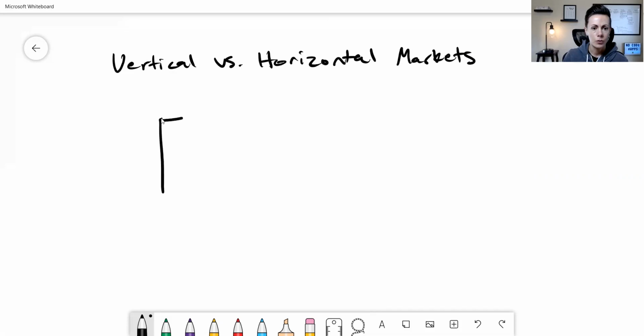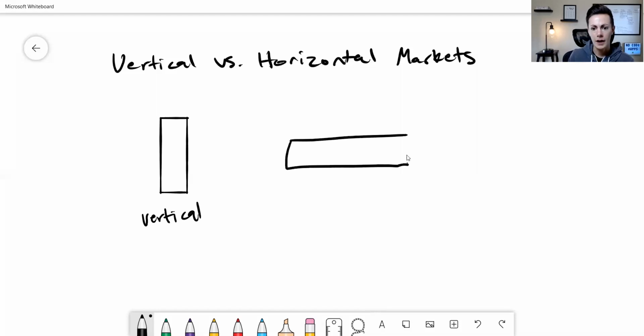Basically, we have what you would call a vertical market, and this is where your app and your business is essentially just very niche. You are serving one main segment of a market, one specific demographic. You have a very clear description on who your user type is, what you are helping them do, and you stay contained within that. You kind of become a specialist within this market